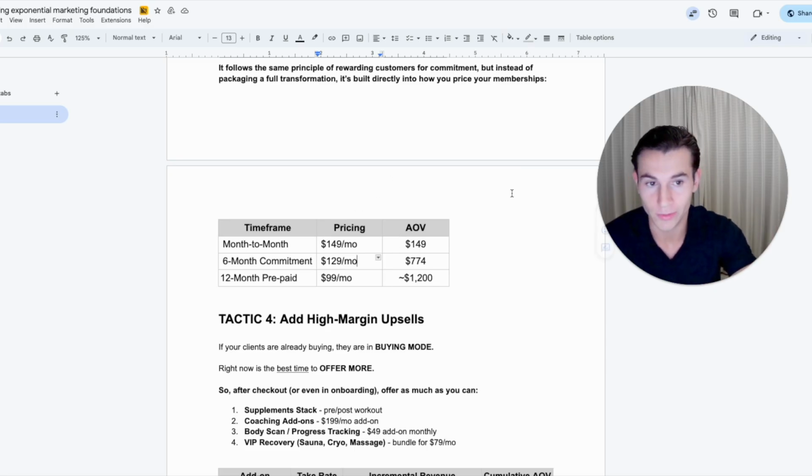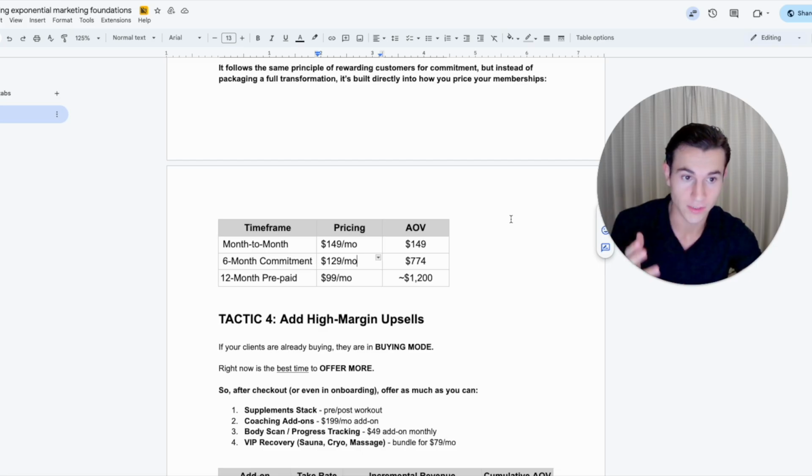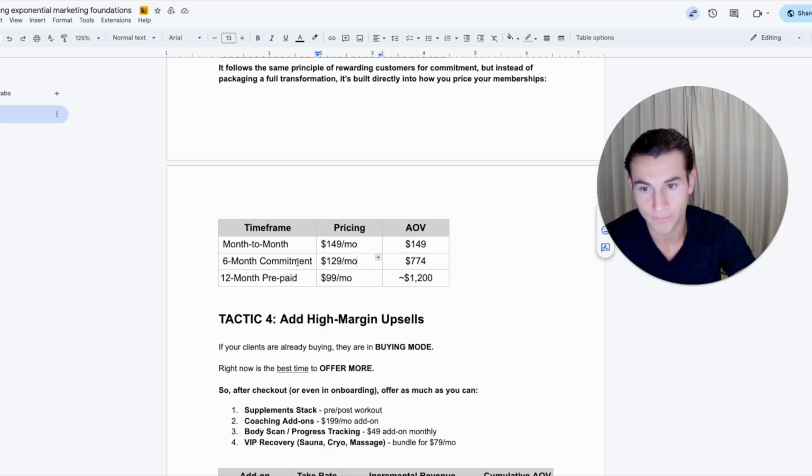So what you have to do, because you're a smart gym owner and a smart business owner, is use the commitment as an anchor, decrease the price, and have a higher order value. You're pretty much saying, usually month to month it's $149 a month, but because I know you're committed to your goals, because I know you want to lose that 30 pounds and get into the best shape of your life, from what they told you in that conversation, and it's going to take at least 6 months to get to your goals,